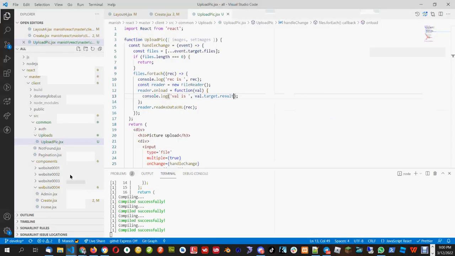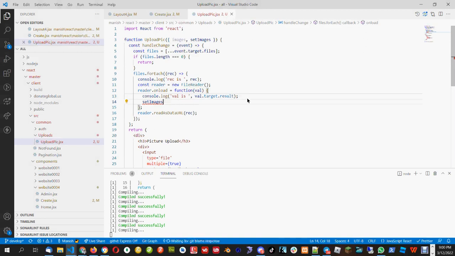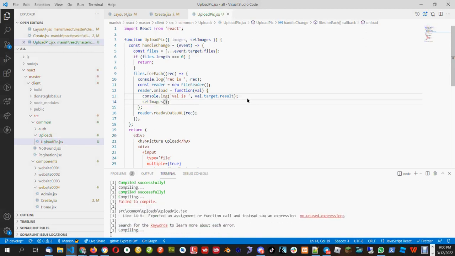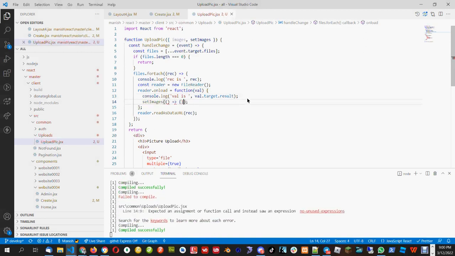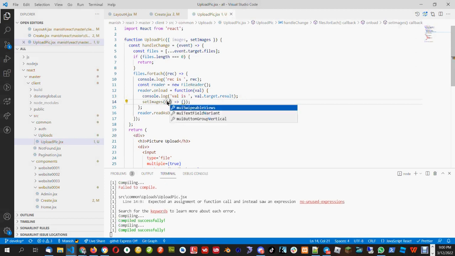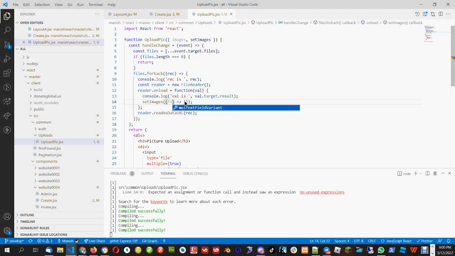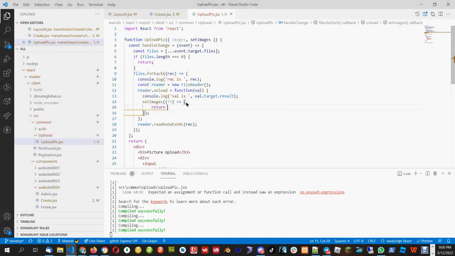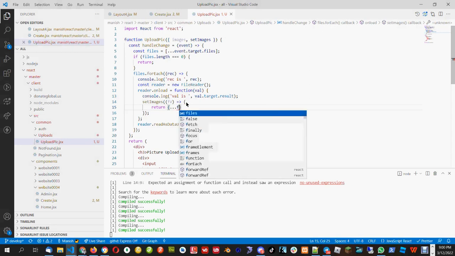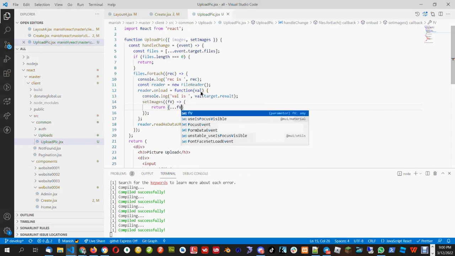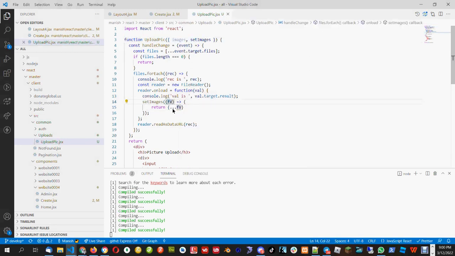Okay, now let's go further. Whenever we get this value target, we will update it in the set images. So let's call setImages here, and here I will write an arrow function. In the arrow function, I will say fv, and here I will say return. Whatever images we were having in our images state, I will put that,